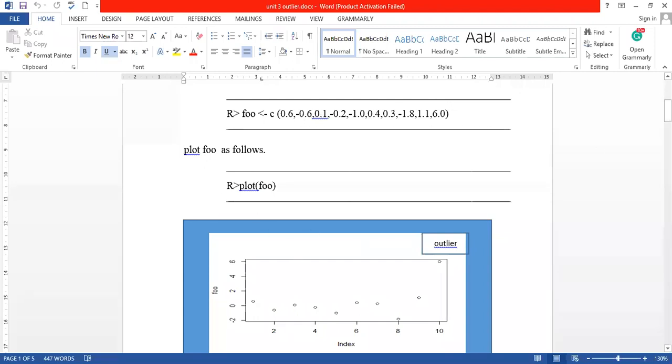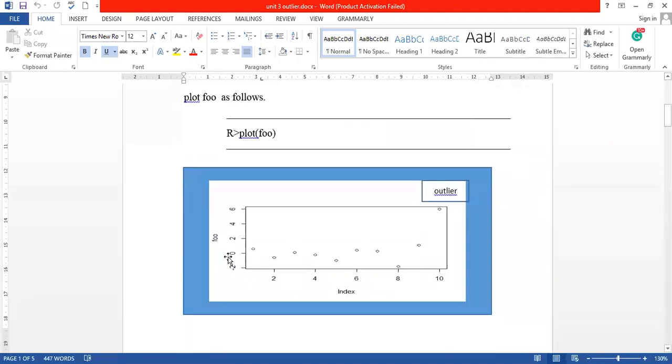If we plot it, we get a plot like this. If you look at all these values, you can find that all values lie in the range around 0, above or below 0. Only a single value, at the 10th position, is 6 here.